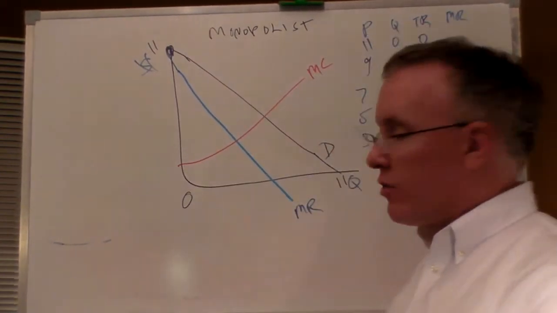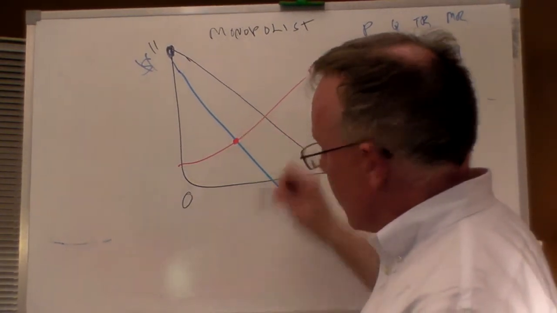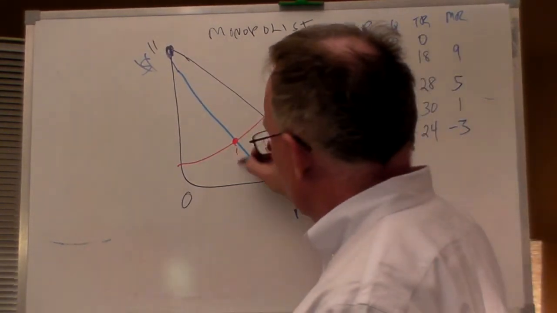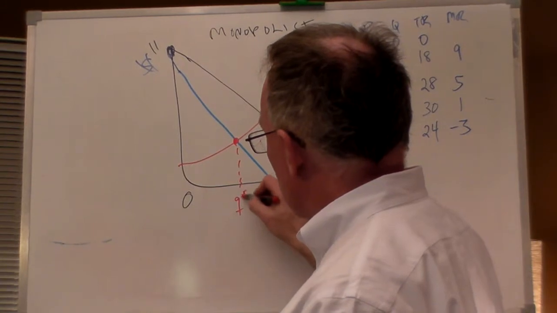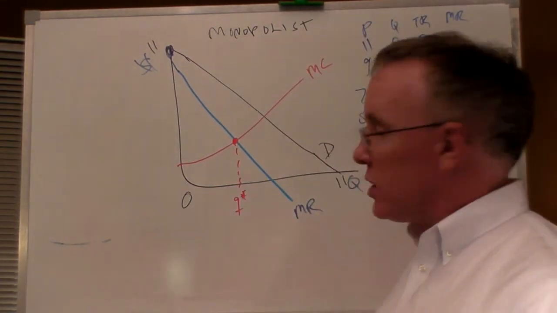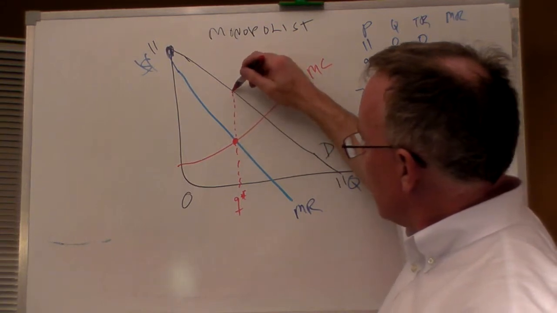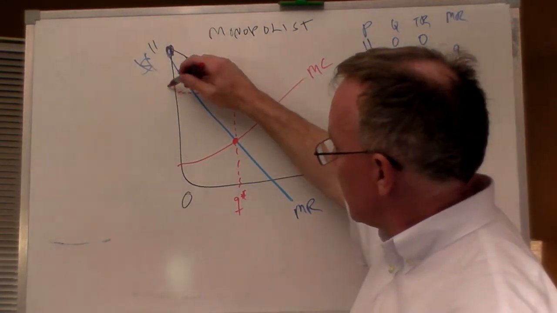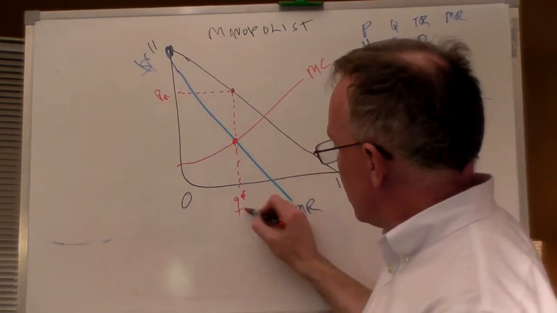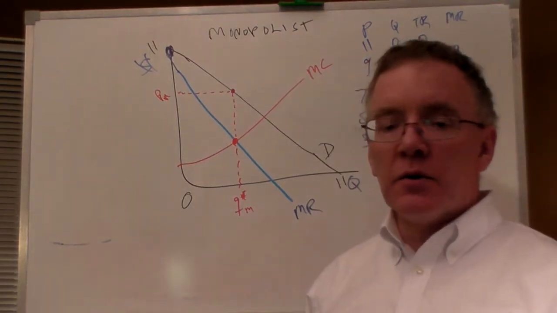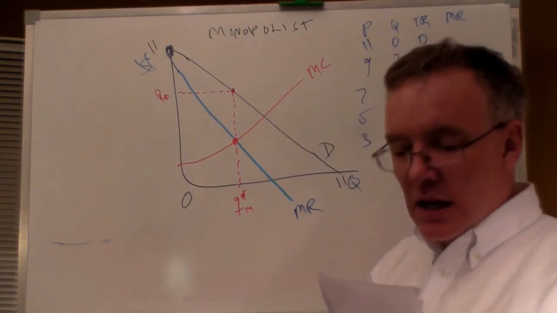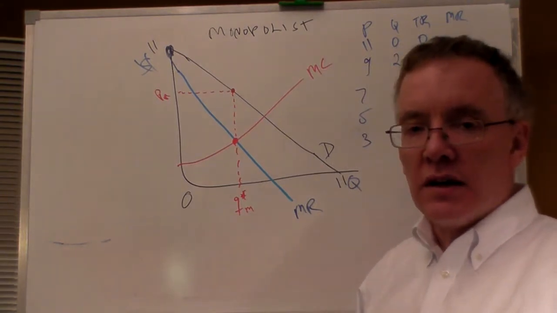The firm is going to choose the quantity where marginal cost equals marginal revenue, and this will be the quantity that the monopolist would choose. And then we'll go up to the demand curve to find the price. So the price that the monopolist is going to choose would be up here. And then we would have to know average total cost in order to figure out what the